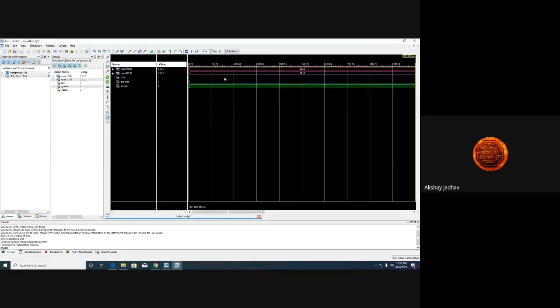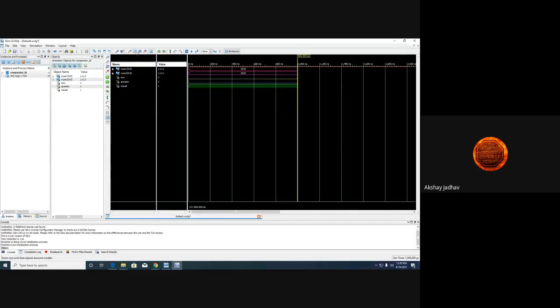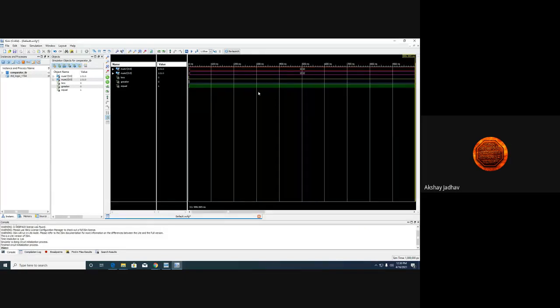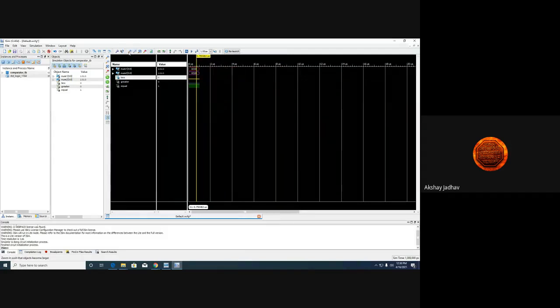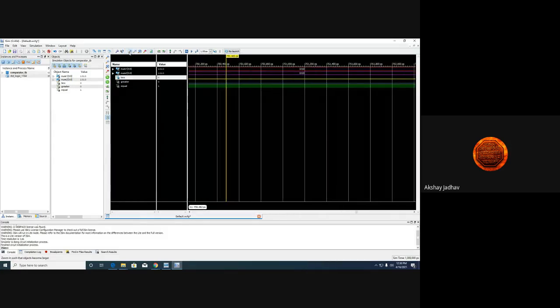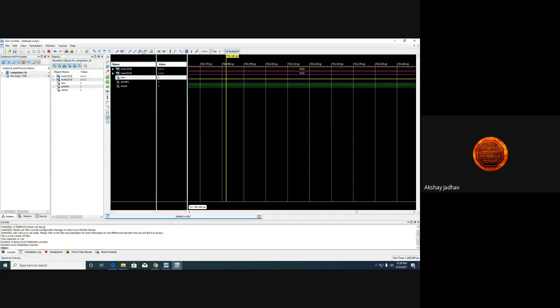Now you can see whenever we have the values, I can see them over here. If we zoom out, and if you change the value, you can see the state will get changed.